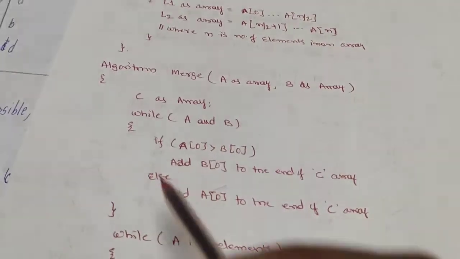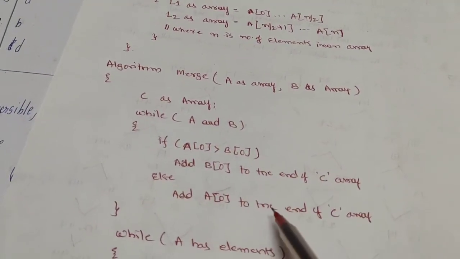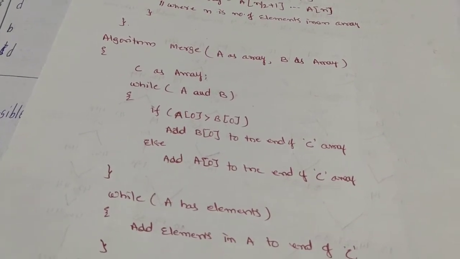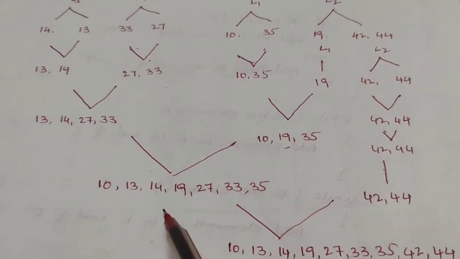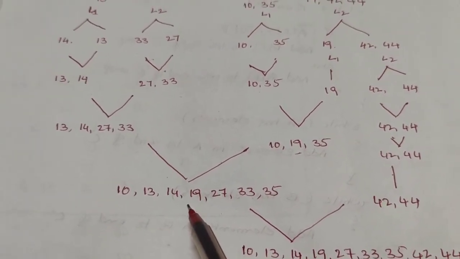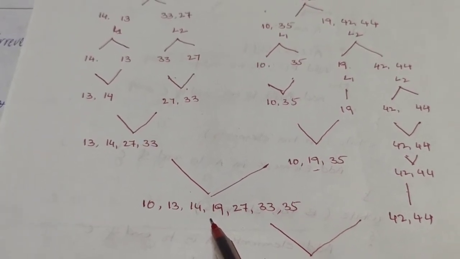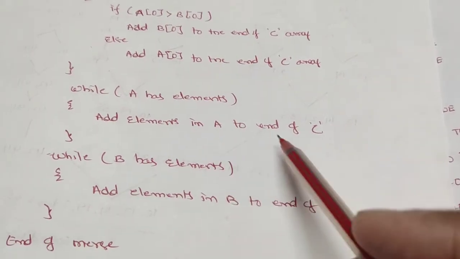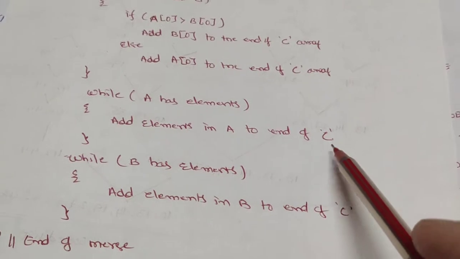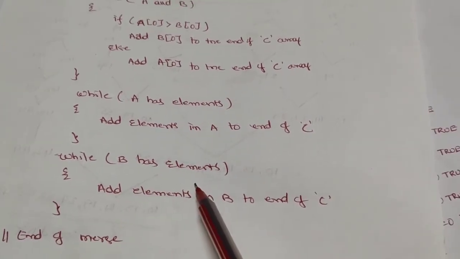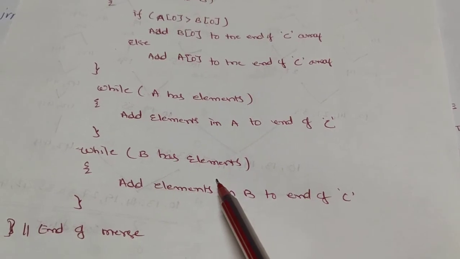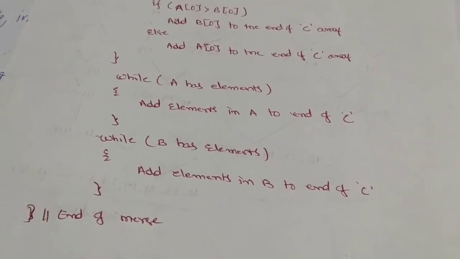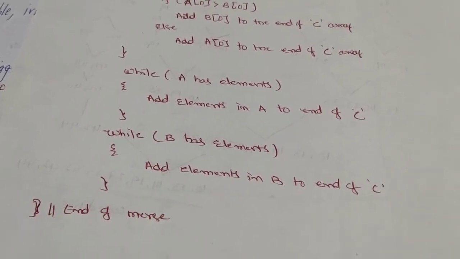So we call this merge, and we can perform the adding. This is merging. While A has elements: why A has elements? Let us observe that list A has more elements. Suppose in any one of the lists some elements are remaining, then we can add all the remaining elements to the final resultant list C. In the same way, suppose in list B or list L2 some elements are remaining, we can add all these elements to the final resultant list C. So this is the end of the merge algorithm.